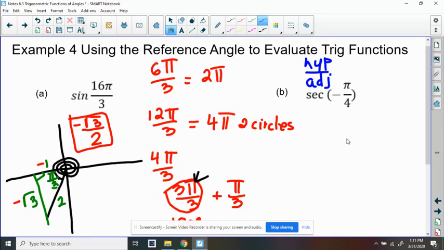So here, let's draw that. And it's just pi over 4, so that's not that hard. We don't have to figure out how many circles we go, because it's just a small angle. So we go in the opposite direction that we normally go, pi over 4, which, recall, is 45 degrees. We again drop a side toward the x-axis, making a right angle with it. This is pi